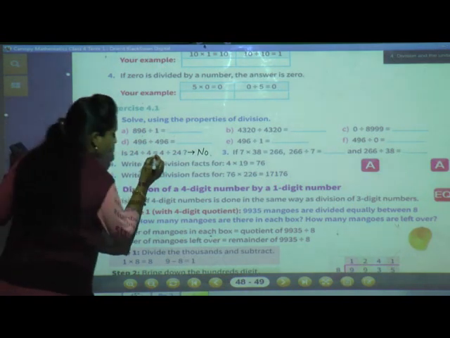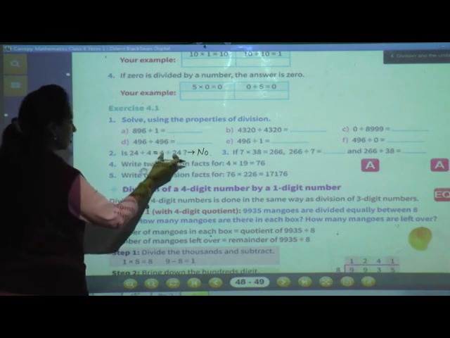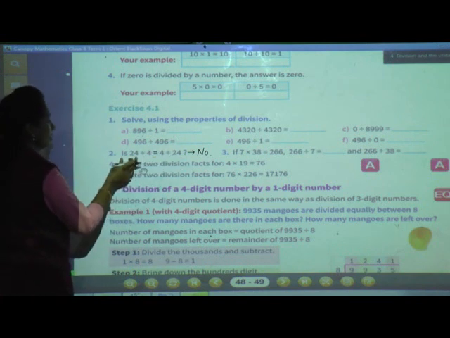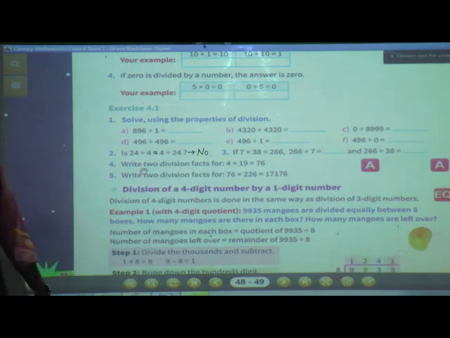See that the equal symbol is given here. They are saying this division answer and this division answer will come the same, equal. But it is not like that. So you will write the answer N-O, no.